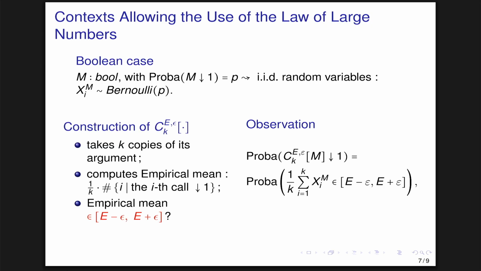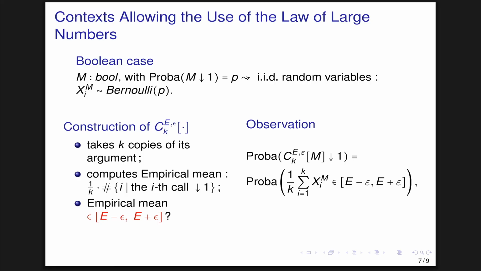I construct a family of contexts that copy the argument k times, and I compute the empirical mean of the distribution. So we have k copies of the program, so we have k independent and identically distributed random variables associated to each copy of the program,